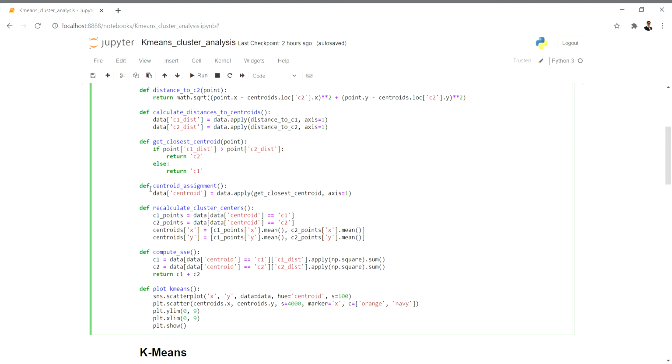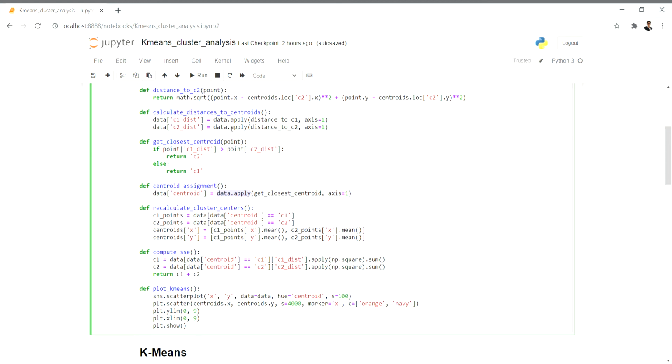Then we define the centroid assignment. Centroid assignment is basically putting which centroid that particular data point belongs to. So we again use a data.apply.